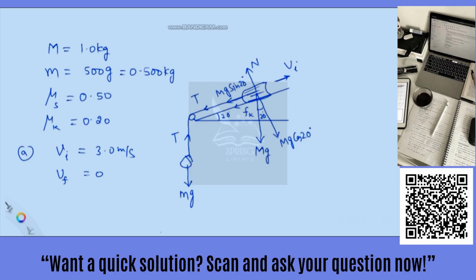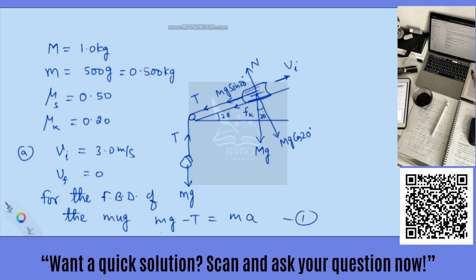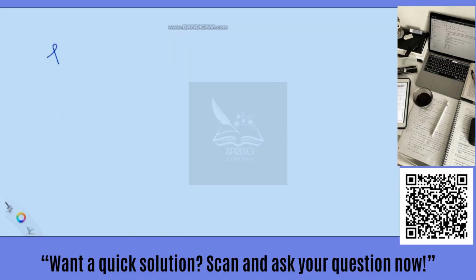Similarly here also, the downward force, mg acting over the mug, should be more than T. So for the free body diagram of the mug, mg minus T should be equal to m into a. We can make it equation number 1, and then taking free body diagram of the book,